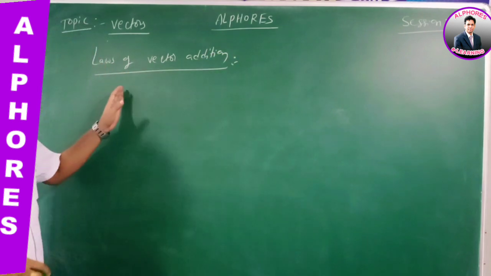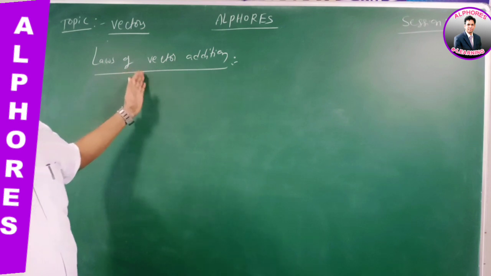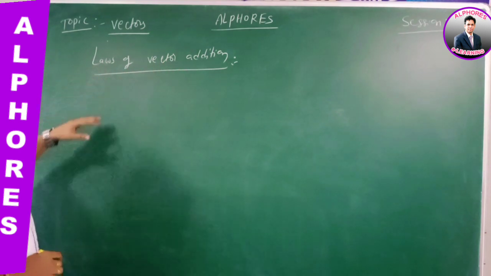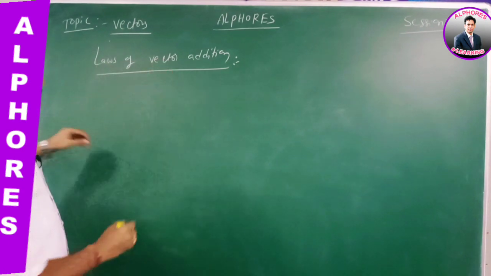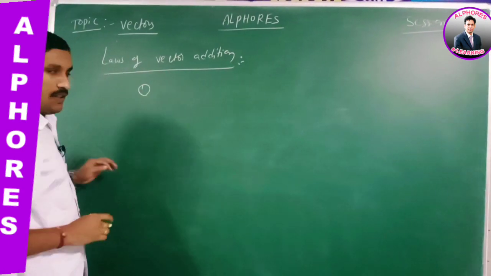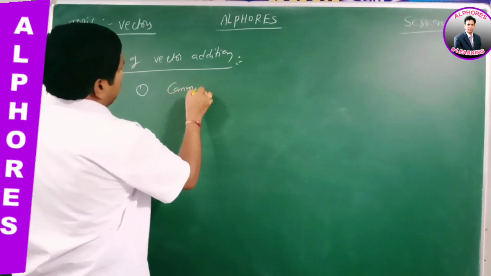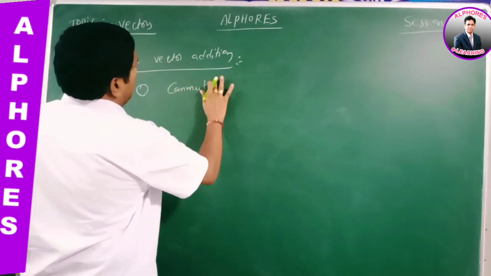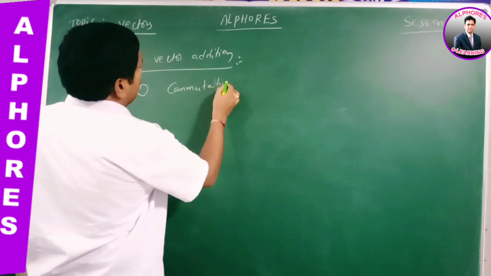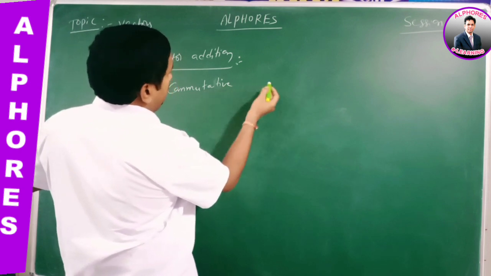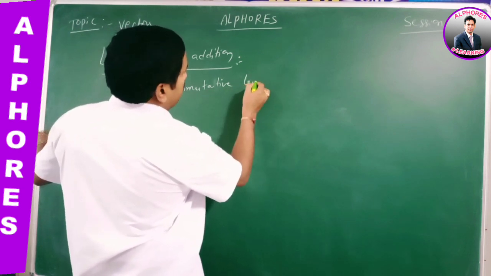Already yesterday we discussed the geometrical approach, how to add two vectors, nothing but the mechanism. Now, in order to discuss the laws of vector addition, what is meant by the first law? Commutative law. Already yesterday we completed this one, but I am explaining how to prove this addition of vectors by taking the commutative law.